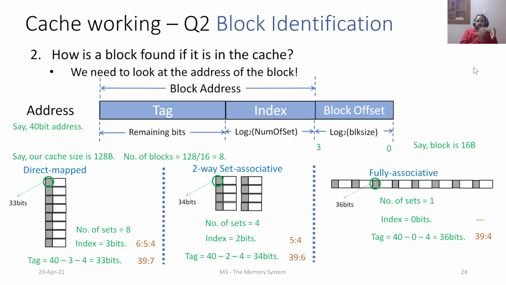So you can see now that for the same address, depending on the mapping that we are using, whether it is direct mapped, fully associative, or set associative cache, we have different locations where we can find the block. For that, we need to know the block offset, meaning the block size. We need to know the total address width. We need to know the total cache capacity, along with the type of the cache. That will help us to identify the number of sets, and accordingly we can split the address.